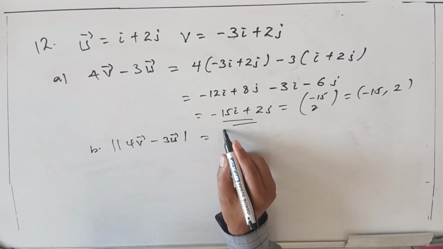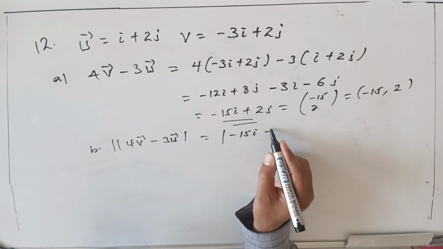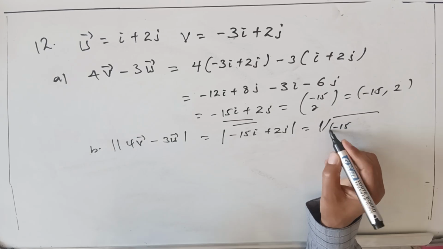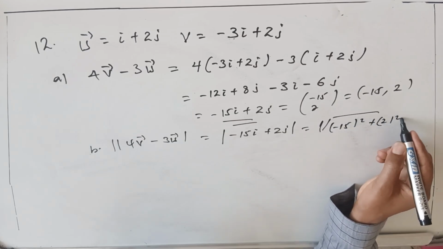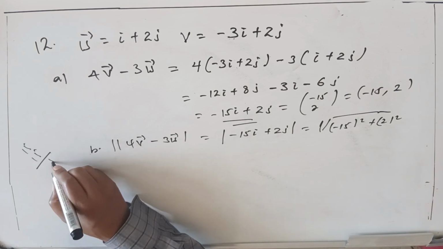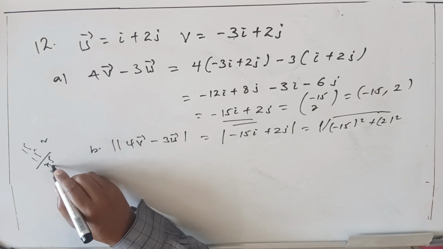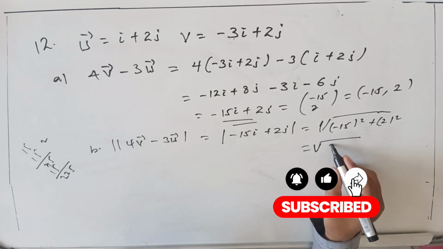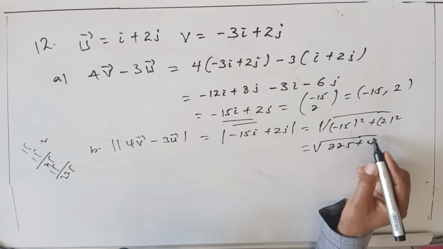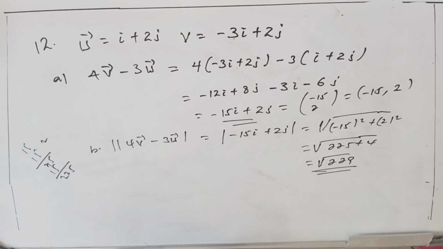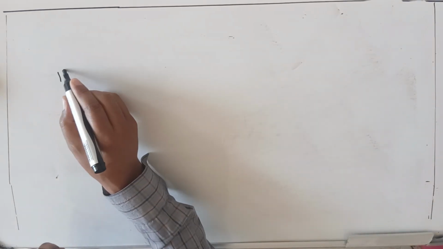This is the same with the norm of the given vector -15i plus 2j, which is equal to square root of negative 15 square plus 2 square ማድረግ ነው። that is 15 square 225. this is square root of 225 plus 4 ይመጣል is equal to square root of 229 ይሆናል። this one the norm of this vector ይሆናል ማለት ነው።